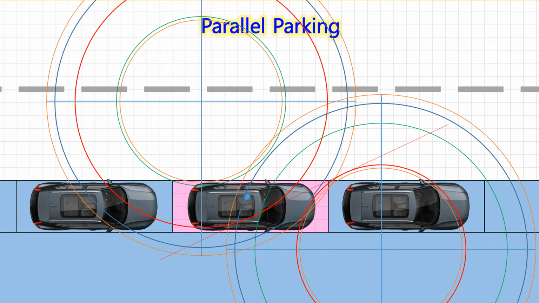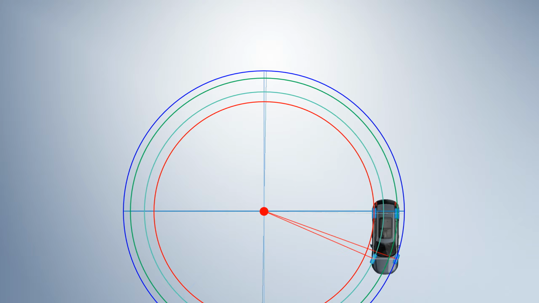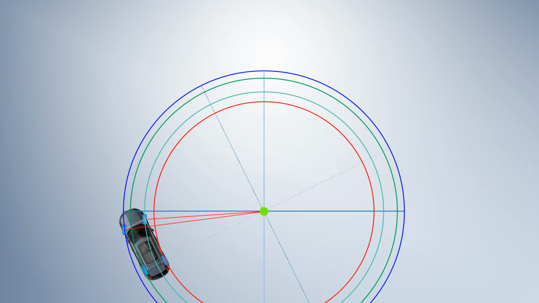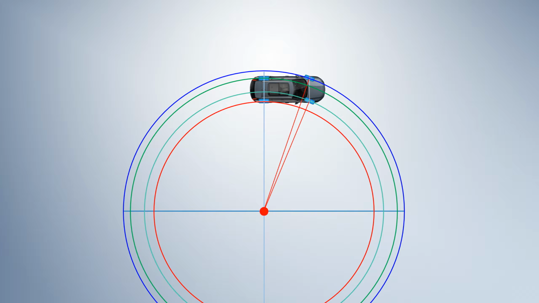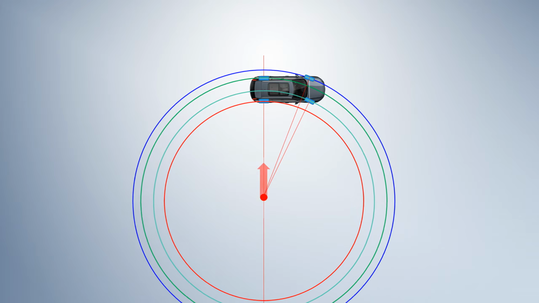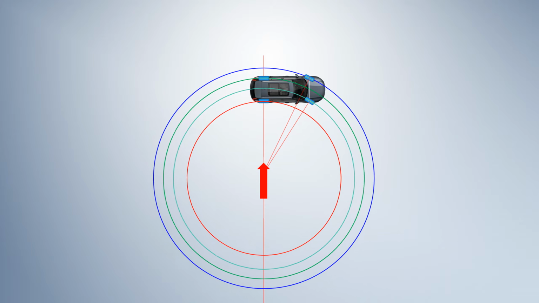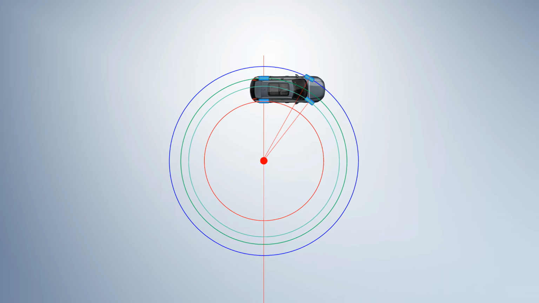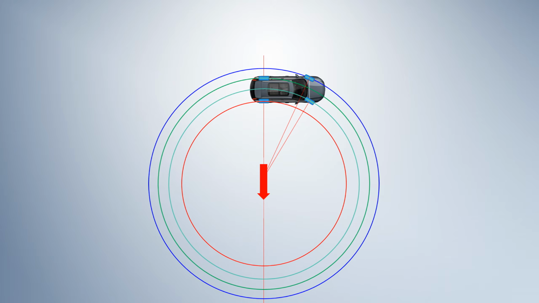Based on this, you will understand the turning behavior of cars. Let's see. A car is rotating. 4 circles made by 4 wheels have a same center at one point. The center of the circles exists at the point where the extension line of the rear wheel axle and the center lines of the front wheels meet. As you turn the steering wheel, the angles of the front wheels change and the wheel center lines move, making the circles smaller or larger.